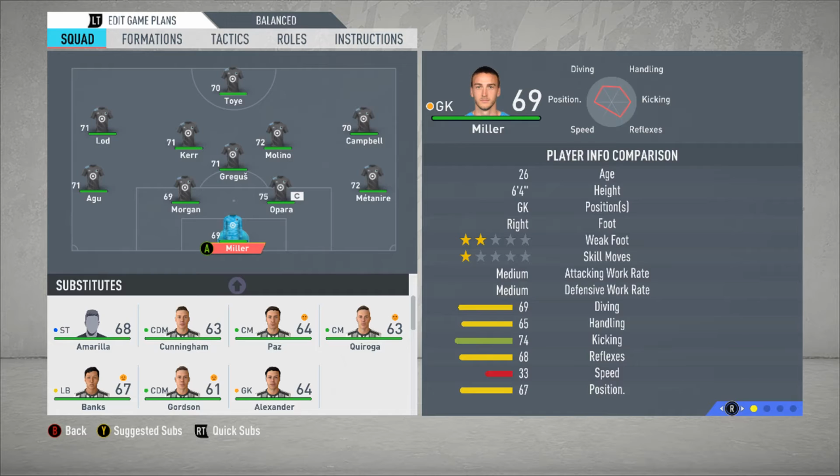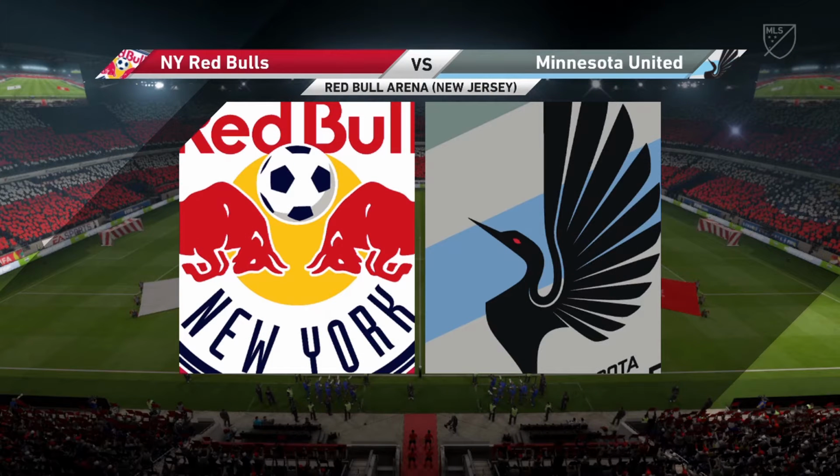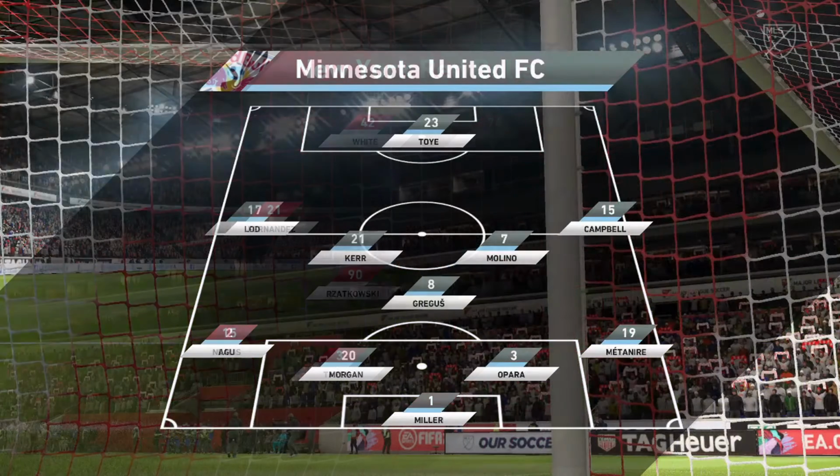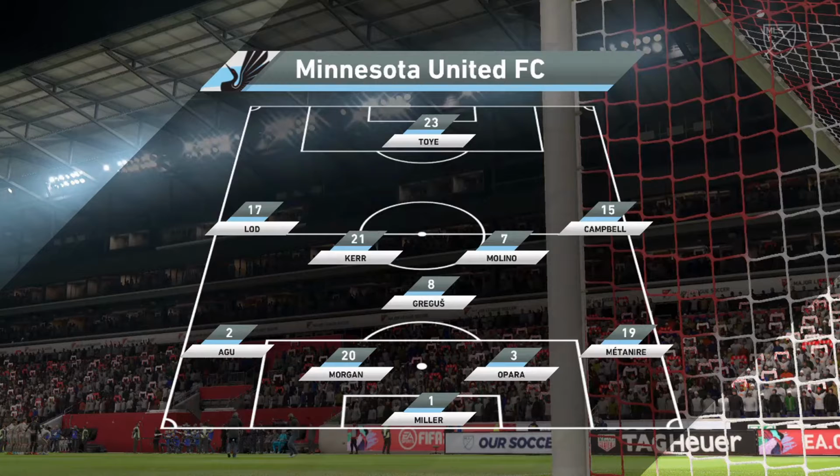Laud at left mid with Toy up top. We now get into the first bit of action as we travel to face New York Red Bulls at the Red Bull Arena. Red Bulls will be lining up in a 4-4-2 holding, which we should be able to take advantage of as they only have 2 central midfielders. We will be lining up in this 4-1-4-1, and I am sticking with the strongest 11 for this first game